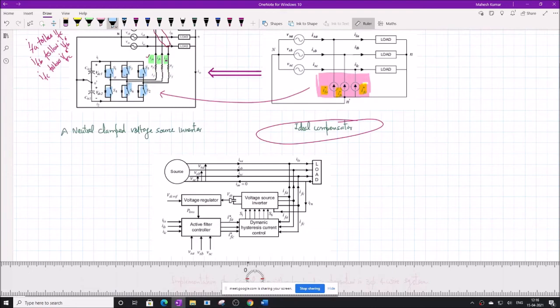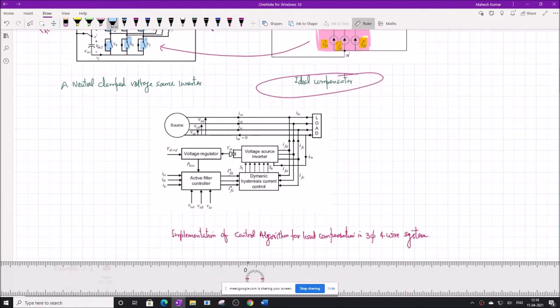So what is the schematic that is used to develop this whole compensation scheme? You can see in this diagram. Whatever we have discussed can be summarized in this form of control, which you see in the diagram. What do you see? There is a load which is an unbalanced nonlinear load, and this is the source here. And there is a compensator. So this whole forms the compensator, from here to here is the compensator.